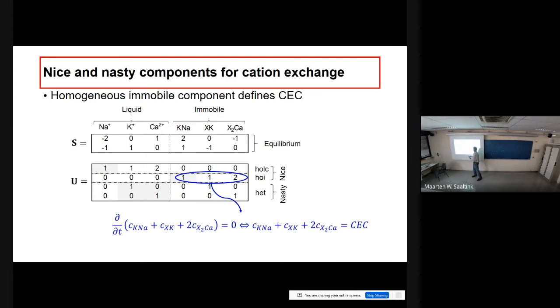So the X represents the adsorption complex, and so we have reactions between sodium, potassium, or calcium adsorbed, which can exchange with the sodium and calcium in water. In this case, we can have these 2 reactions. And then I can do the same, and for instance, an interesting thing, the homogeneous immobile, okay, is just